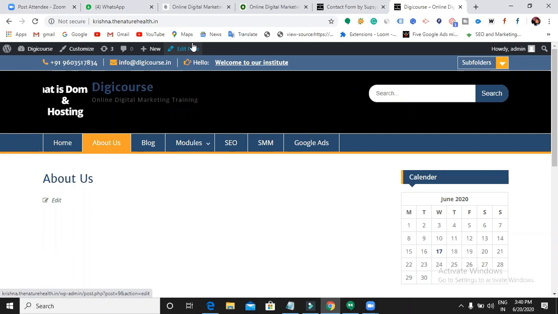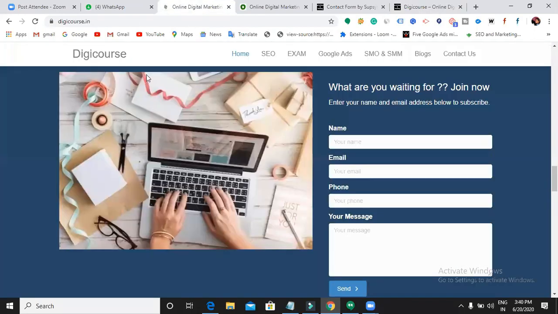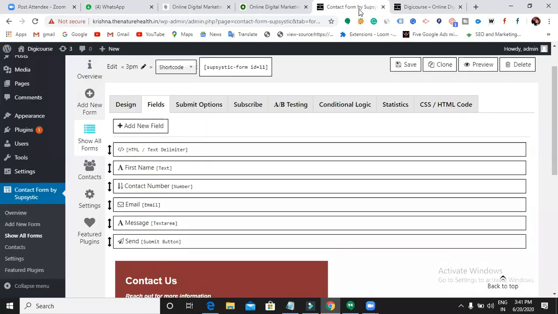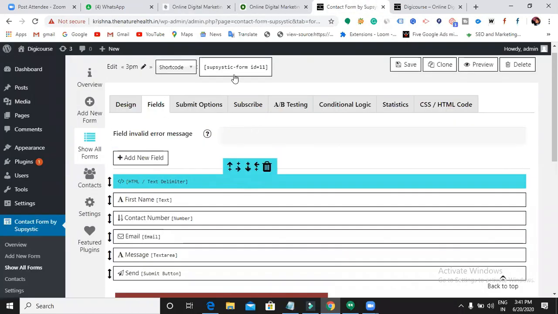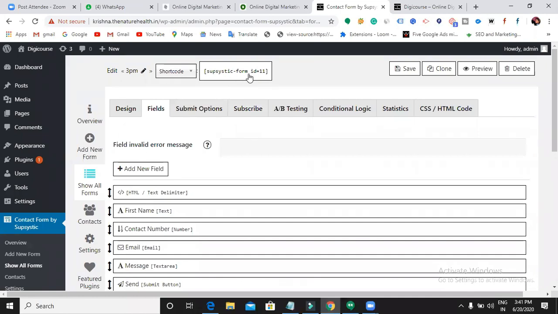So now we just designed it, right? But we haven't specified where it should appear. Here, I have specified the place for my contact form. That is the reason it was showing only in this place. So in such a way, you have to specify the location of your contact form. Here you can see a shortcode, the form ID equals 11, right? This is what we call a shortcode, and you need to paste this shortcode wherever you want to show this contact form.